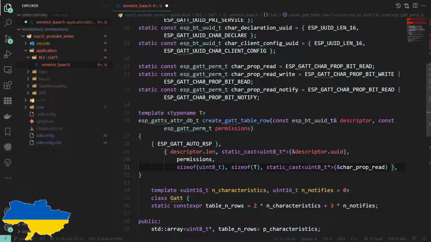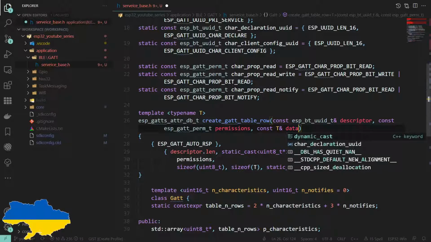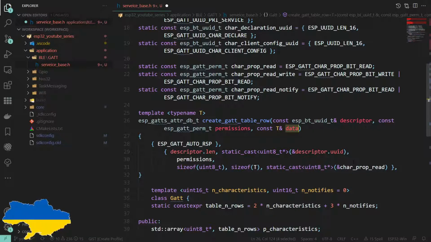So that makes that fairly straightforward, hopefully. And then we're just going to have a const T and the data, like that, and then that becomes data, like that.